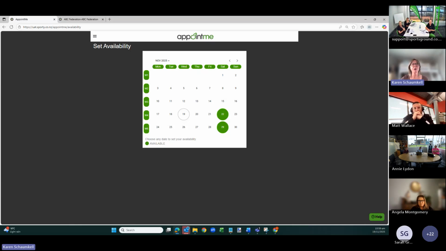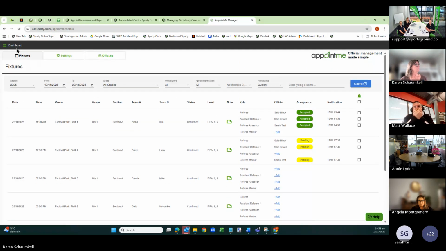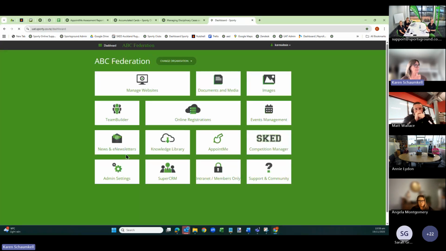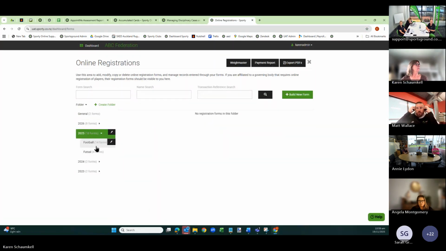Okay, so we're going to go back into your dashboard again now. I'll just leave that open. I was going to show you where you'll need access to approve the referee assessors reports. So in the online registration area, you'll have